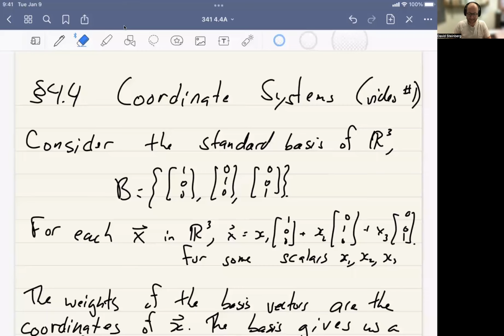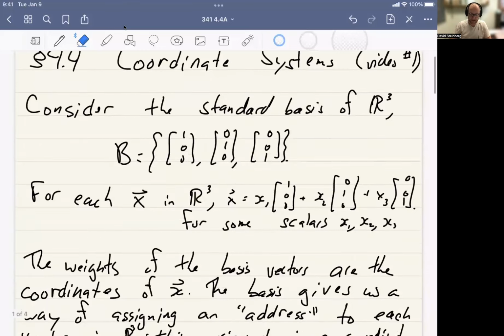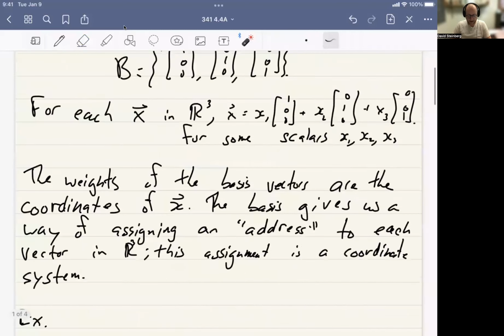So let's consider the standard basis of R3, and we'll call this basis B, and it's just (1, 0, 0), (0, 1, 0), (0, 0, 1). For each vector x in R3, we can rewrite x as some scalar x1 times (1, 0, 0) plus our scalar x2 times (0, 1, 0) plus our scalar x3 times (0, 0, 1). And the idea is just that